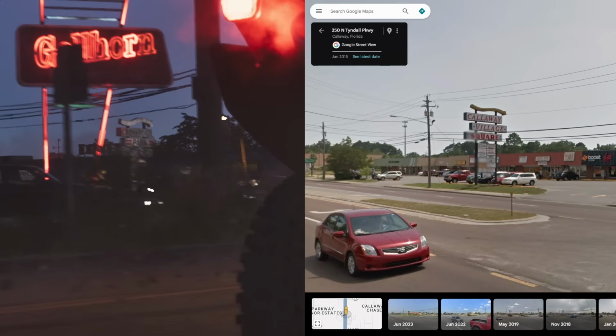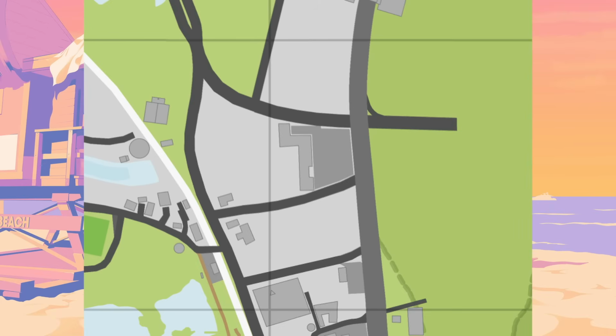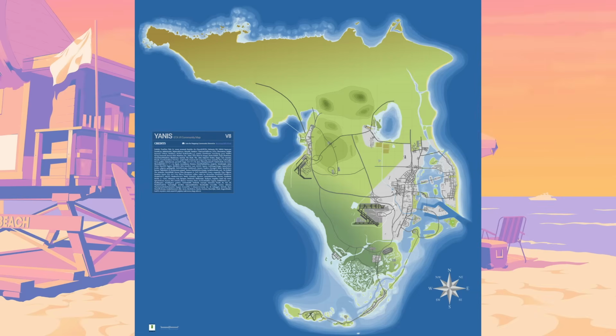And if we identify things in real life, we can also extrapolate some things in-game from that information. Of course, we can tell what the building's shaped like, so we can map out the unseen parts of the building, and we can predict what buildings will be near that building too. And we can see how insanely Rockstar creates the maps, as we might have some buildings from across the state